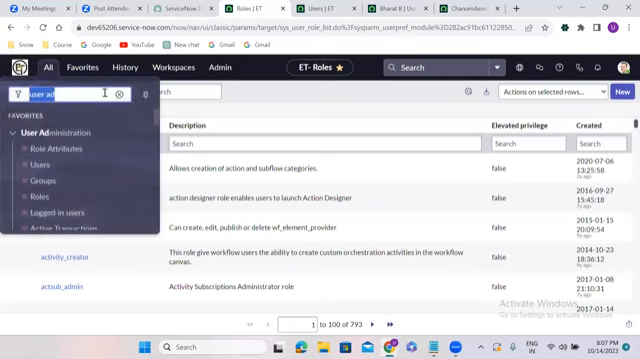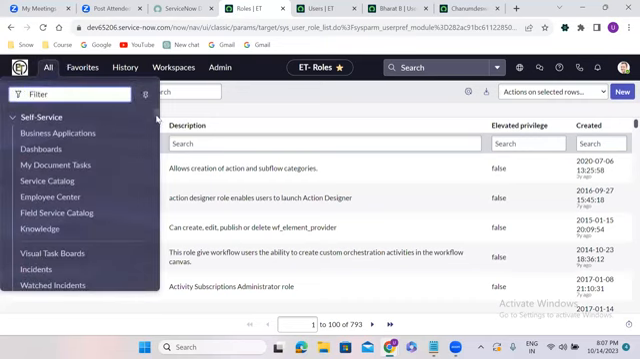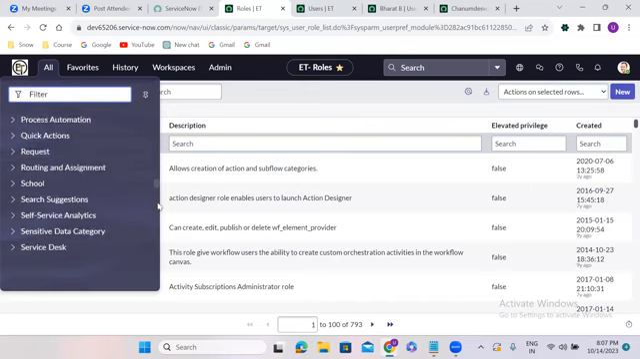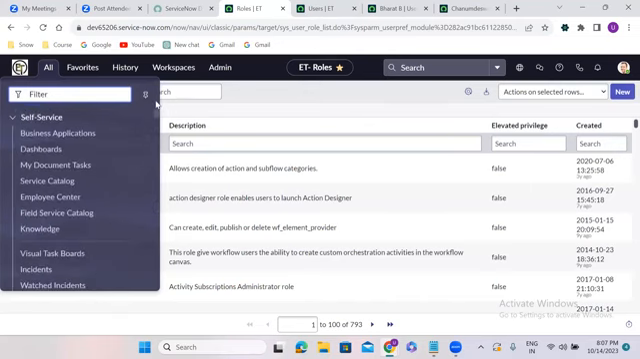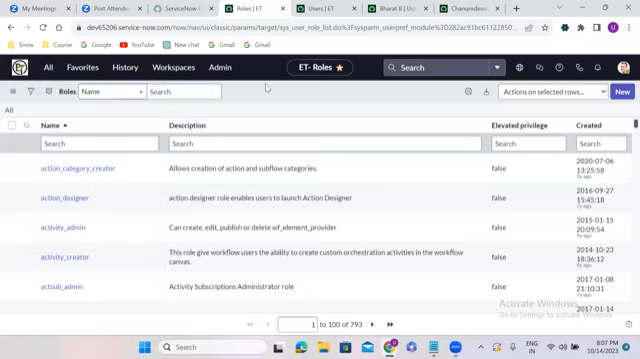So you can see you have a lot of applications here within ServiceNow. If they have to access all these applications, they should have permissions. If they don't have permission, they won't be able to access these applications. But ServiceNow is telling that